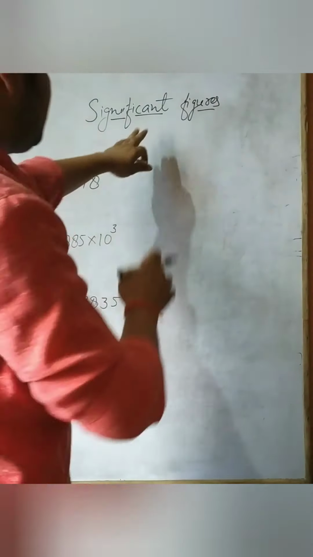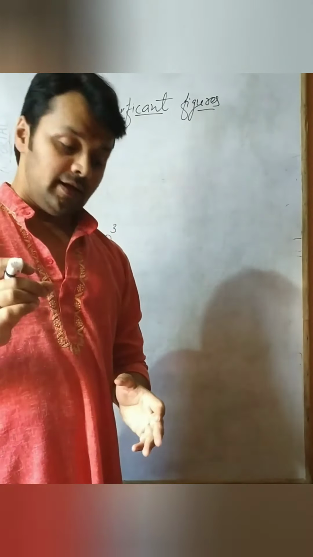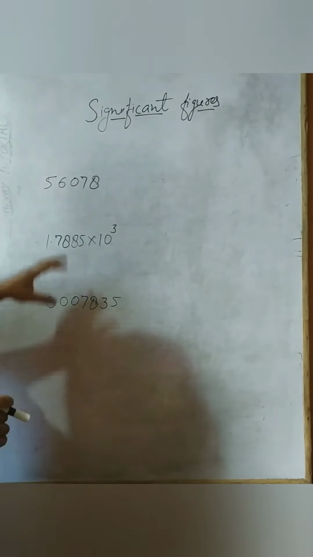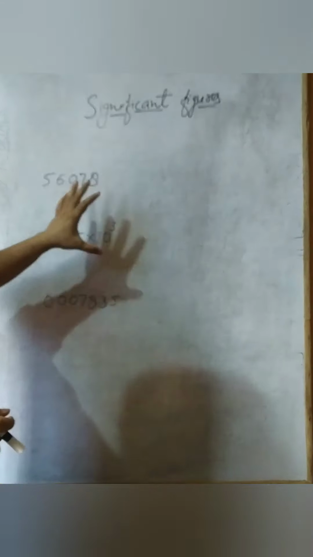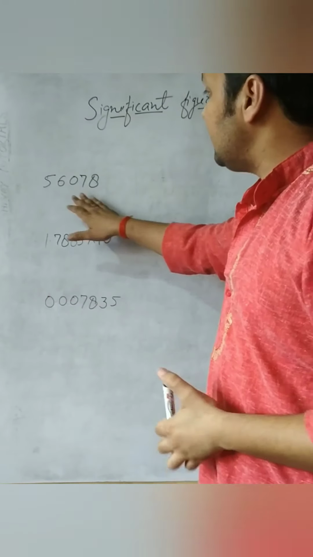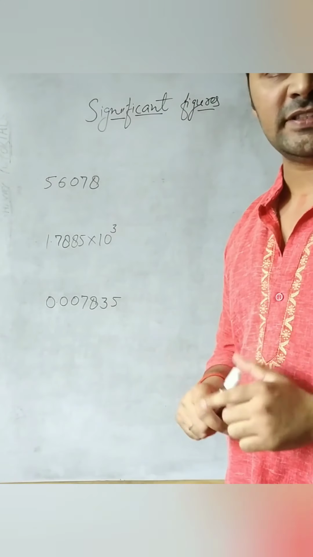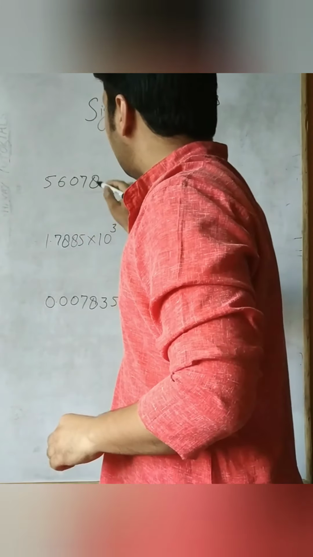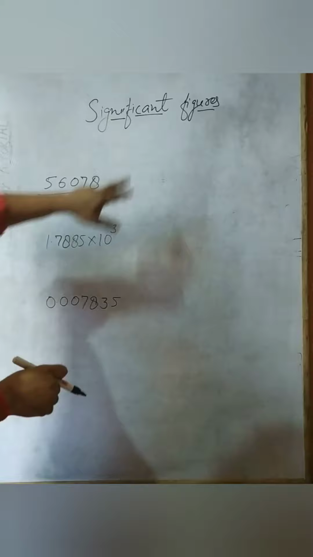Okay, so now how to apply the properties of significant figures in your numericals when you do multiplication, division, addition or subtraction. Wherever you get these kinds of values, complete numbers without any decimal place, in exponent form or with decimal places, how can we calculate them according to the significant figures? In the paper you will get questions like convert this number into only 4 significant digits. Now you see here it has 5 digits. So how can we calculate into significant figures?